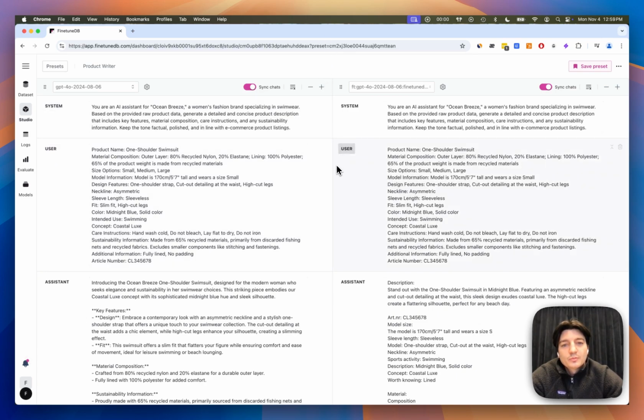So this is just a simple example of how fine-tuning can bring a better performance on a very limited dataset. You can add more examples for different products, and by that you create a custom product description writer